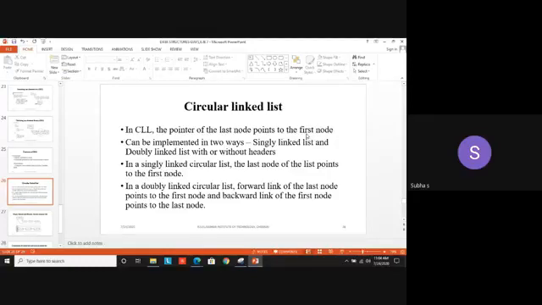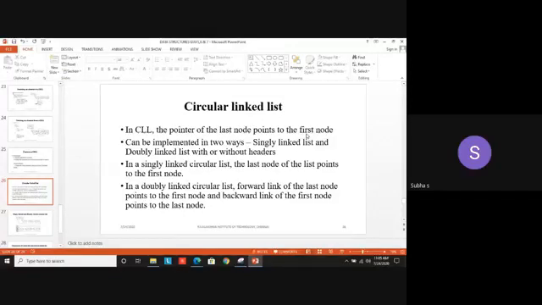And also one more thing, if you have some 10 nodes, 10th node connected to first node, first connected to second, 2 connected to 3, you can pick any node as the first node also. I can have the 4th node as the first node specifically. If nothing is given specifically, you can treat node 1 itself as the first node. If I want particularly the 4th node, you can give it in the routine. So now the 4th node will be the first node, 4 pointing to 5, 5 pointing to 6. So what will be the last node? Again, the one that comes to the first node, so 3. Okay. So that is your last node.